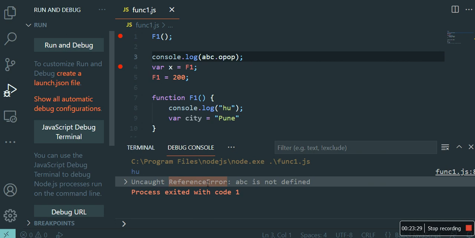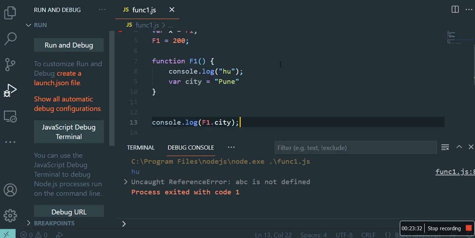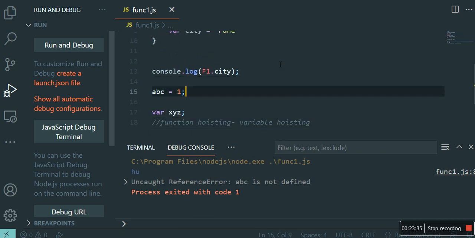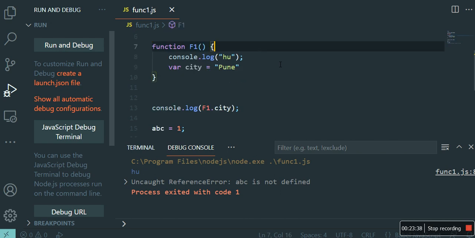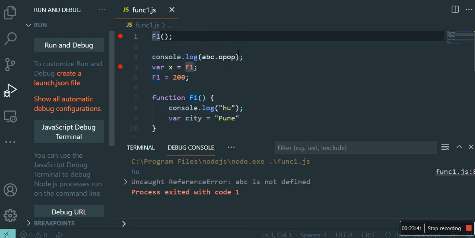In the last line, you can see this is defined in the last line. But I have not used var. So when it is trying to run this line, ABC is not created in the memory. There's no variable named ABC, so it will give a reference error, not an undefined error. Always remember this question; anybody can ask you in the interview what a reference error is. When we define a variable without the var keyword and try to access it, obviously it will raise a reference error because that variable is not defined.